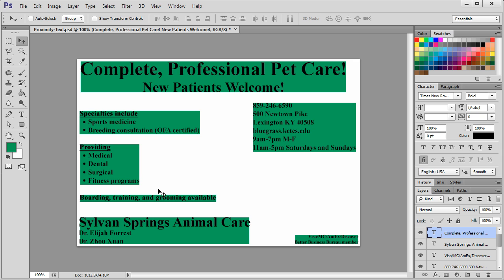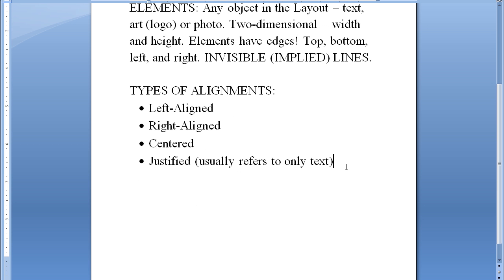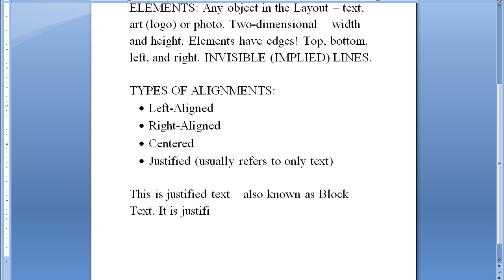And I really don't have anything here for justified text. So what I'll do here is jump back and show you, since that's where I left off, justified text. This is justified text, also known as block text. It is justified text or block